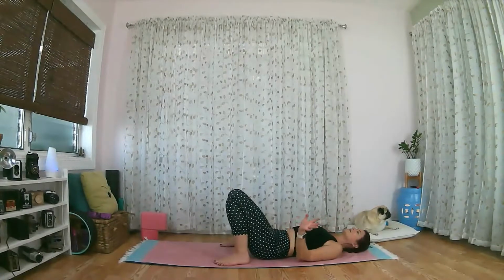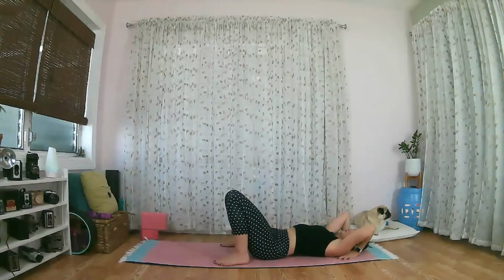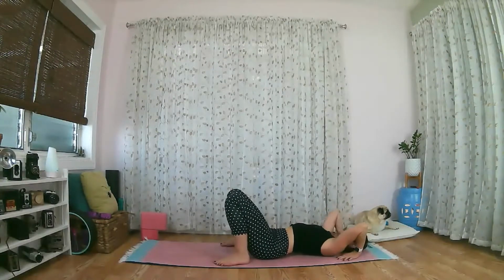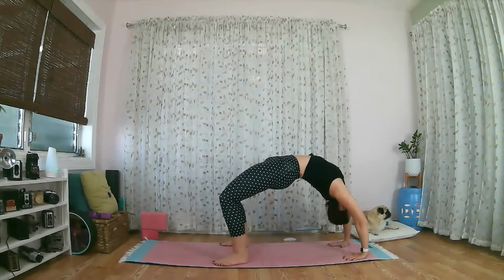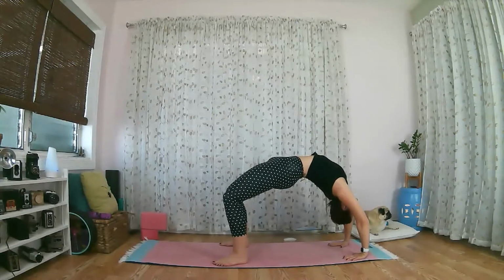You can do that again, the bridge, or go ahead, place your hands by your shoulders. Keep your feet where they were for the first back bend. Ready? Inhale, press down and lift up. Breathing for 1,